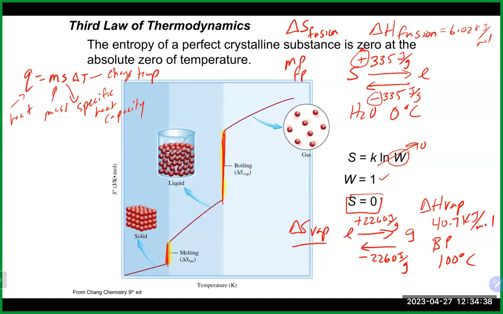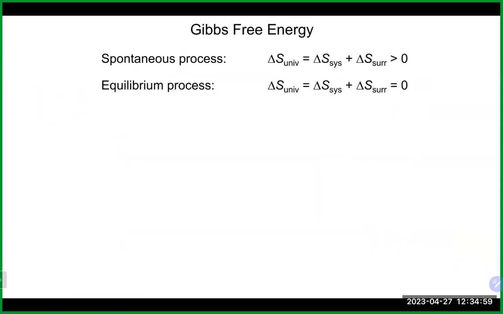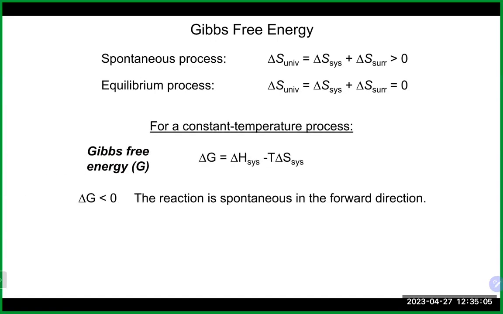As we go from liquid to gas, we should expect it to become a more positive number because it's obviously increasing the disorder, and it would be more negative coming the other way because really of these values, depending on which direction. Sometimes people will call that the delta S of condensation going the other way as well. So we'll talk a little bit more of that later on, I think. Any questions on that? All right, so let's talk about another important thermodynamic value, and that is Gibbs free energy,